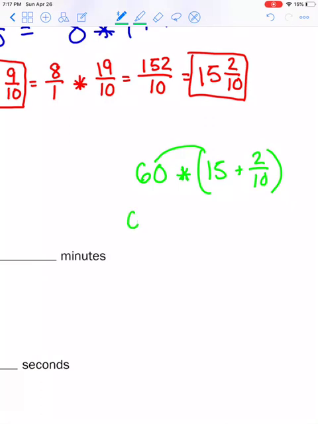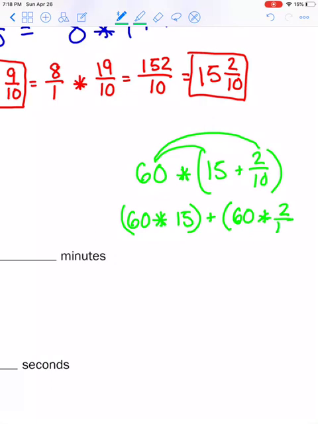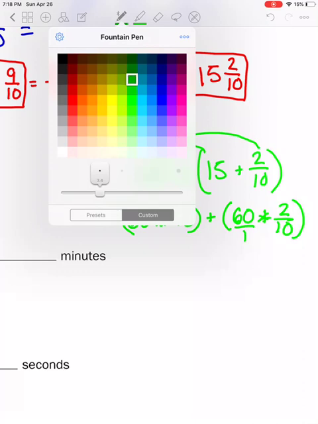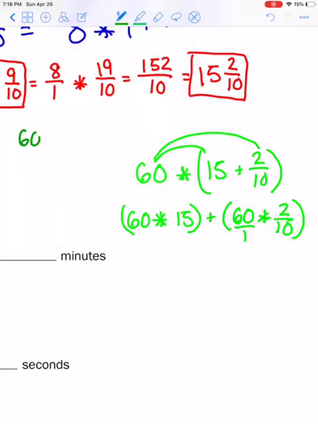So that would change to 60 times 15 plus 60 times 2 tenths. And I can actually write that 60 over 1. So if I were to do that out, 60 times 15, I'm actually going to make my color a little darker because for me it's hard to see on this screen. 60 times 15, 5 times 0 is 0, 5 times 6 is 30. I'm moving to the tens place, so I need my placeholder. 1 times 0 is 0, 1 times 6 is 6. And I get 900